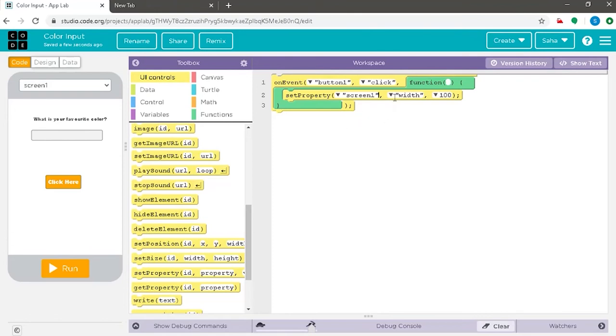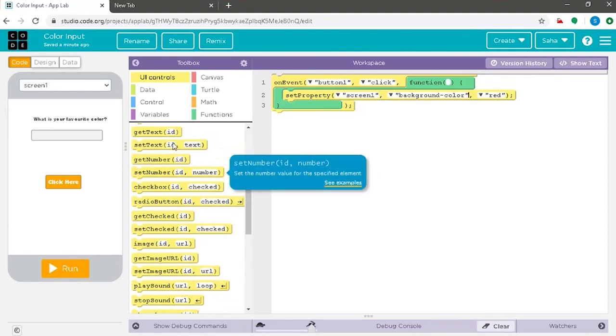What should our property be? Yes, our property is related to background color, so we shall flash here. How do we get our property? So as we know, when the user enters the color's name, our property should be flashed on the screen. So this should be stored as a text somewhere.